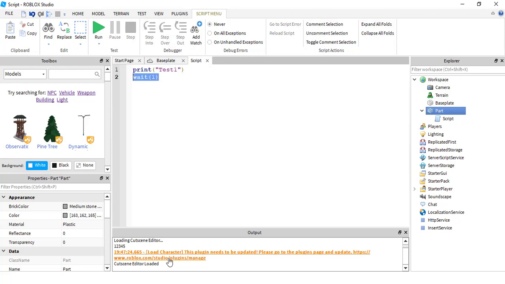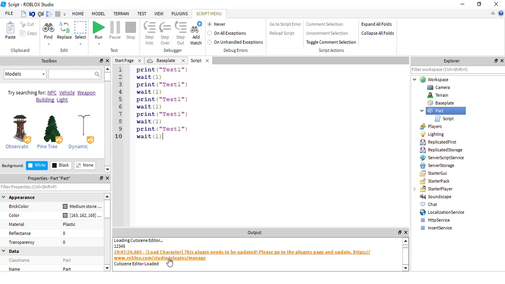So now what I'm going to do is copy this and paste it 5 times. So now I'm going to go 2, 3, 4, 5. So I'm going to make it, and then I'm going to add here